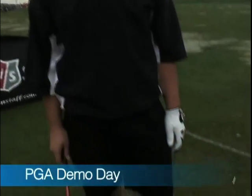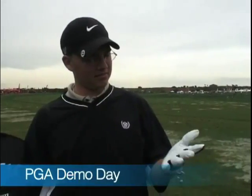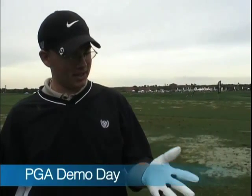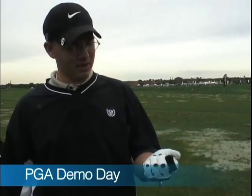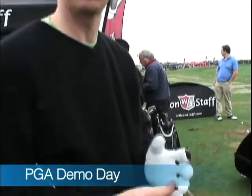Why were you looking at the glove after you hit the ball? Because I felt a difference in the grip pressure. Felt more contact, felt more that I had more distance with it. This one has the pads in it, which you can see, and it eliminates so much pressure on the club, and you can get some more club head speed, which other gloves you cannot do. It has a pretty solid feel to it. It really does. I think it adds